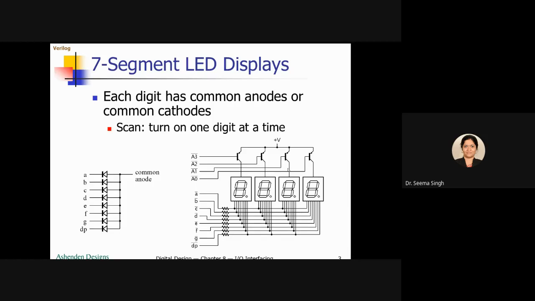We have a scan mechanism, a scan scheme, where one by one each one will be made low and the digit will be displayed, and it will be done on a scan basis one after another. It will be so fast that the human persistence of vision will be used, and we will be able to see all four digits glowing with different values on them.